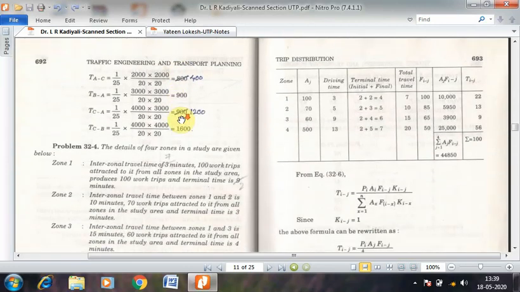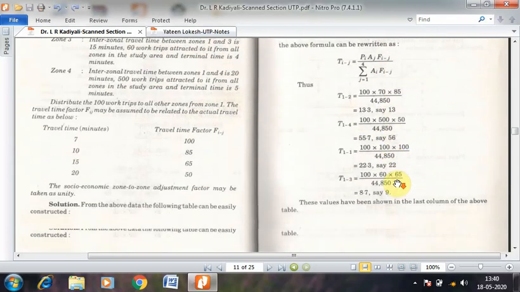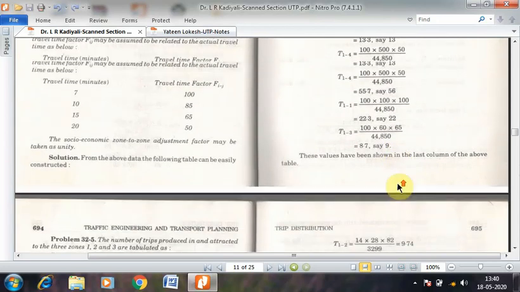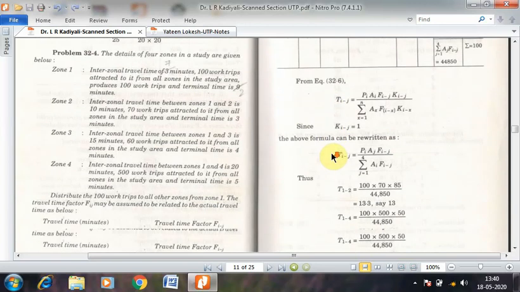Now as homework, I have made the respective corrections for this particular problem. You can go through problem number 32.4 and try solving it on your own. In case you have any doubts, you can get back to me, and we shall have a discussion on it at a later stage. So problem 32.4 would be your homework. You are expected to do the calculations on your own so that the concepts would be much clearer to you.